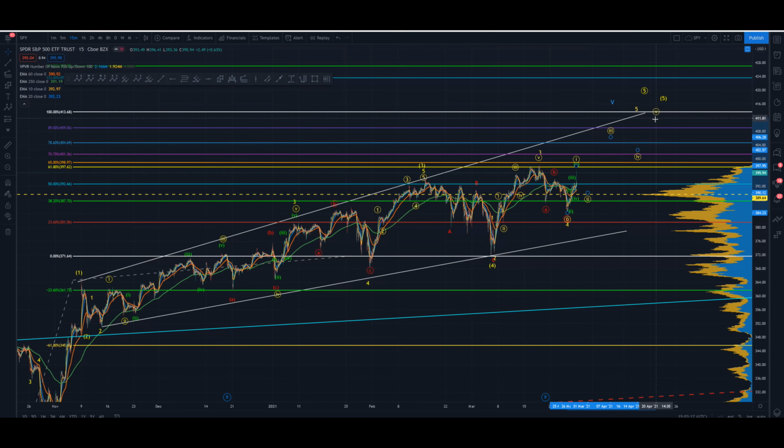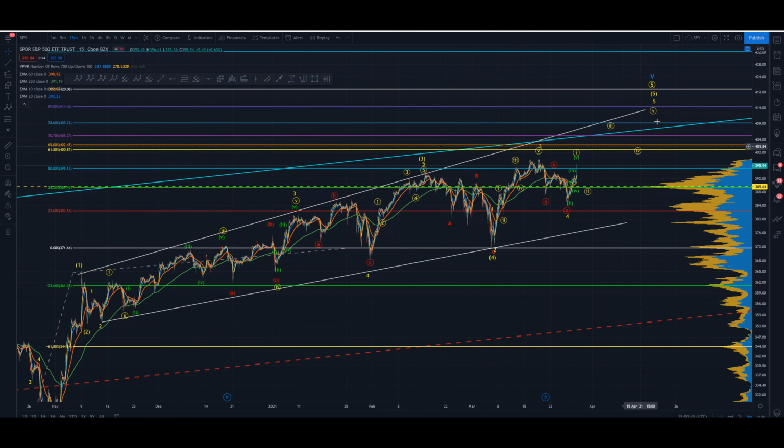But depending on how long it takes, we would then top out in minute 5, minor 5, intermediate 5, primary 5, cycle 5, all done up here. So you can see how even a wave 1 projected from before would bring us to roughly 413, which would still be in keeping with this upper trend line and the long-term trend line on the log scale as well. But we're looking at it in arithmetic here. On the log scale, the 1 would finish higher,